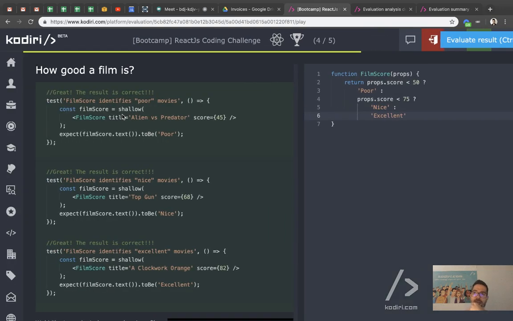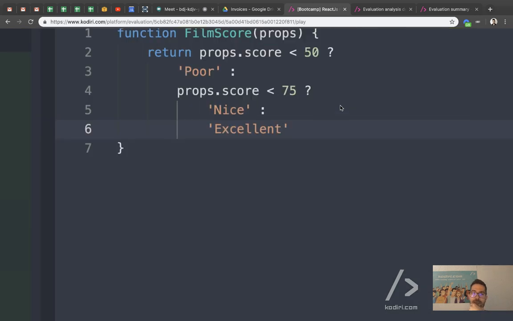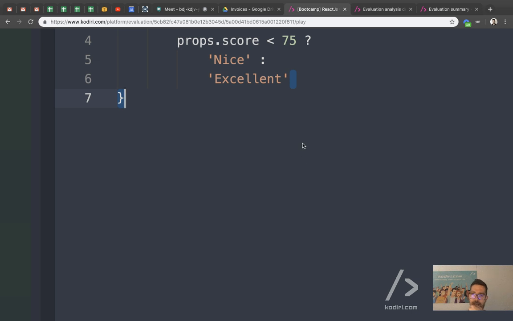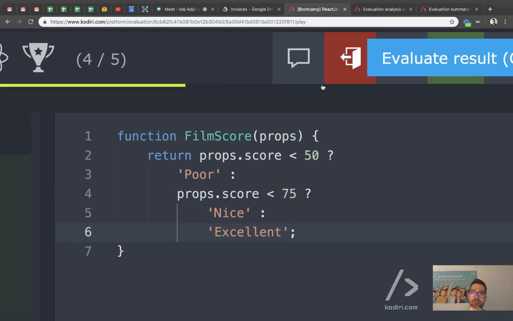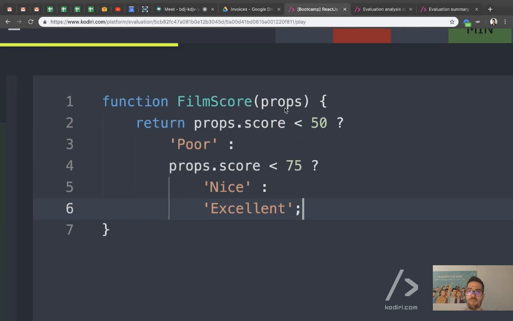Yes, it does work. That was very simple. Missing semicolon, of course. Where is the missing semicolon? Here, you're right, Lucia, after excellent. Now, again, how do we destructure score? I don't want to put props 3 times. How do we destructure the score? Bracket, where? Here? And then what? Score, so then,